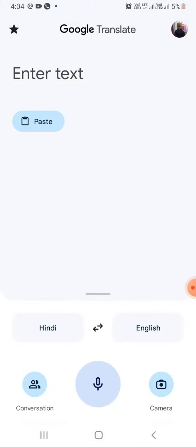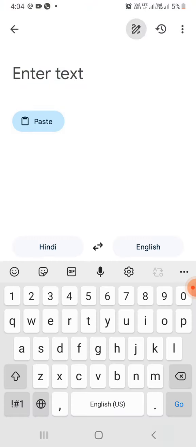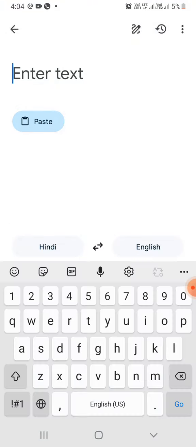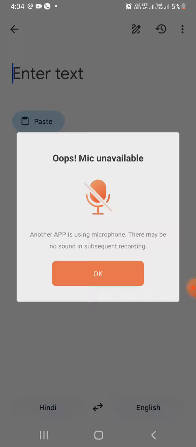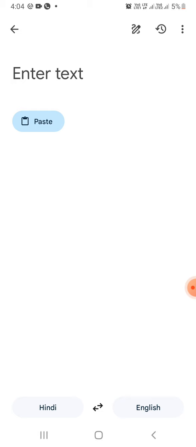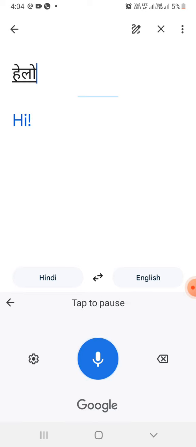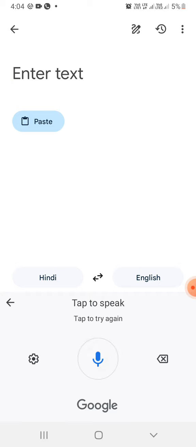If you want to give in text, you can write that also. If you want to give by typing, you can give by typing also. If you want to give by speaking, means you don't know how to write, you don't have any text written with you, so you can do it by audio message also. Just click upon this audio message button. Speaker gets activated. Whatever you speak, that message will be given here. This way you can give.